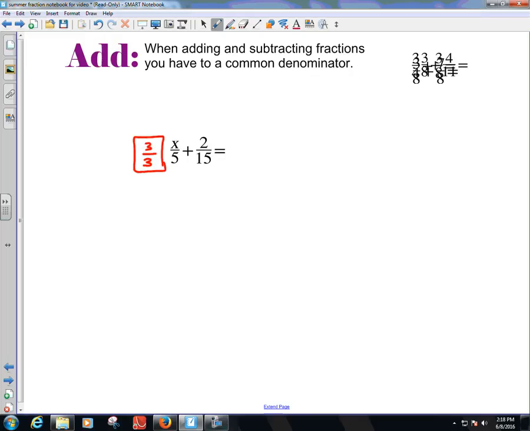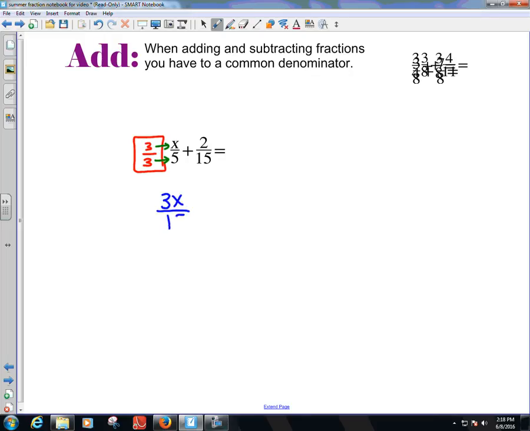3 over 3 is 1. I'm not changing the value of the fraction. I'm just changing the way it looks. So now I've changed this. I multiply for fractions. I multiply straight across the top. I multiply straight across the bottom. So I'm going to end up with